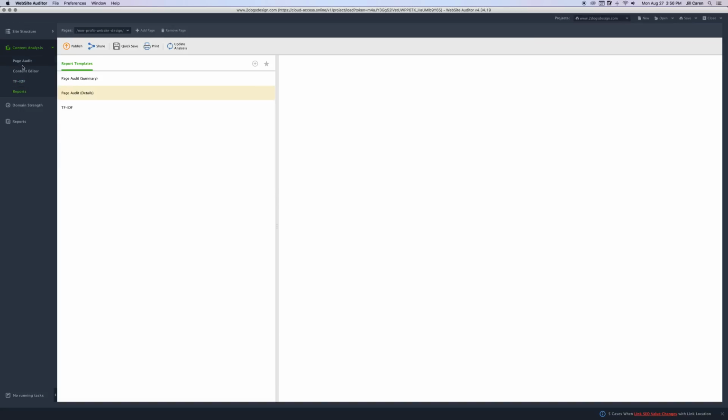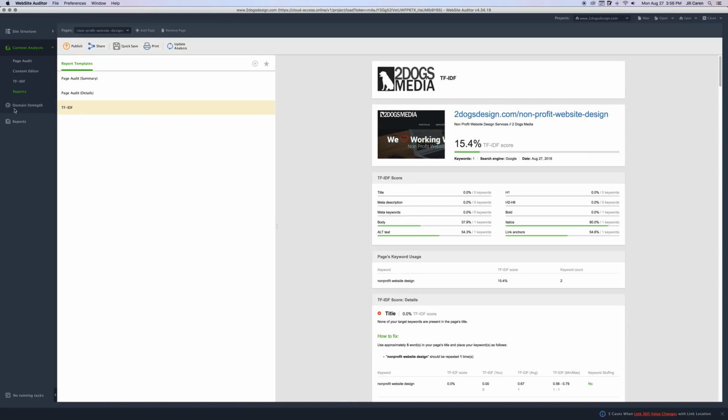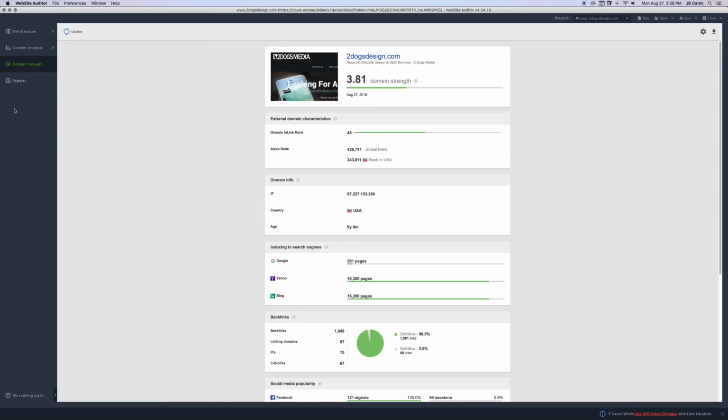Finally, we've got reports. This is just for the content analysis section. You can do different summaries and reports, the TF-IDF report. Domain strength, I don't really use this too much. It's just kind of giving you an idea of how you're doing on a scale of 1 to 10 using the different resources that Website Auditor is pulling. We just make sure we're staying on an upswing. I know we used to be in the 2s for the longest time, so to be up this high